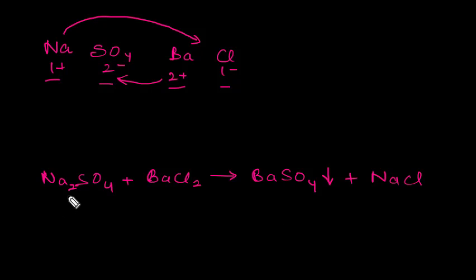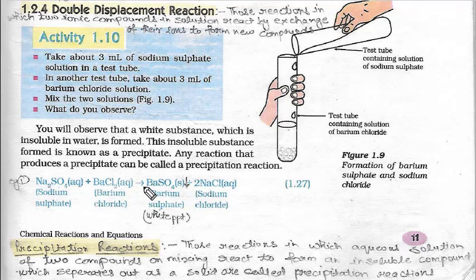Now you can see that this reaction is not balanced. How will we balance this reaction? Here the sodium atoms are 2, here it is only 1. So we will put 2 here, but when we put 2 here, the chloride ion also becomes 2. So here it is already 2, barium is already balanced, SO4 is already balanced. So now this is a balanced equation and we will get the precipitate of barium sulfate. The precipitate of barium sulfate is white in color. Okay, so white color precipitate will be formed in this test tube